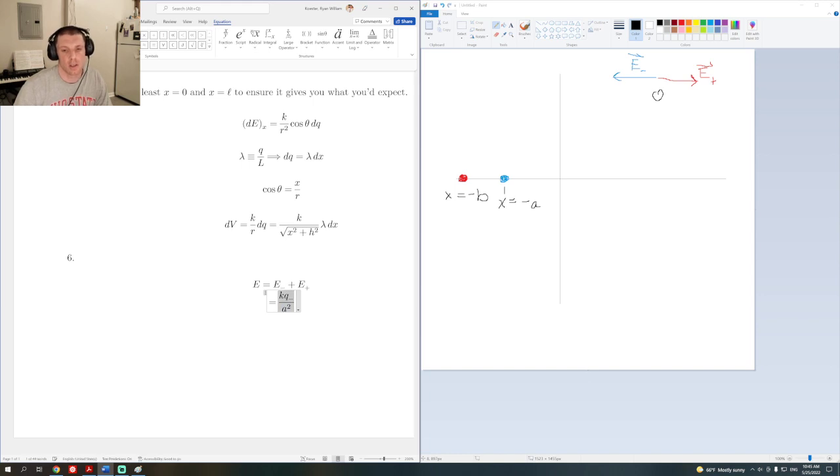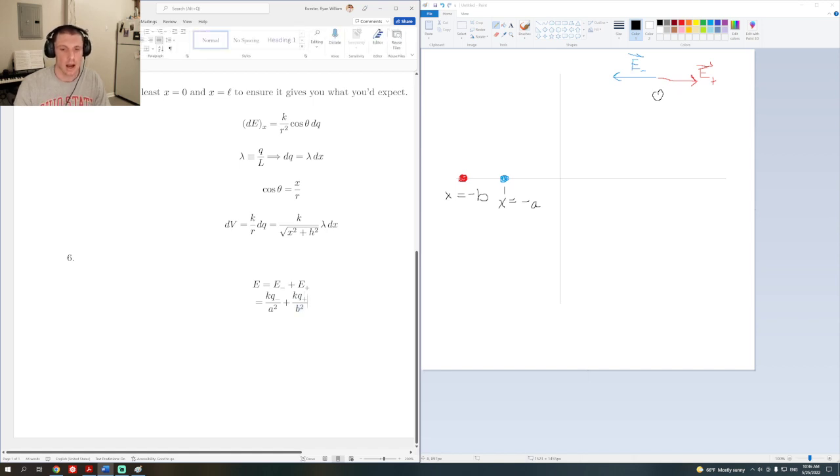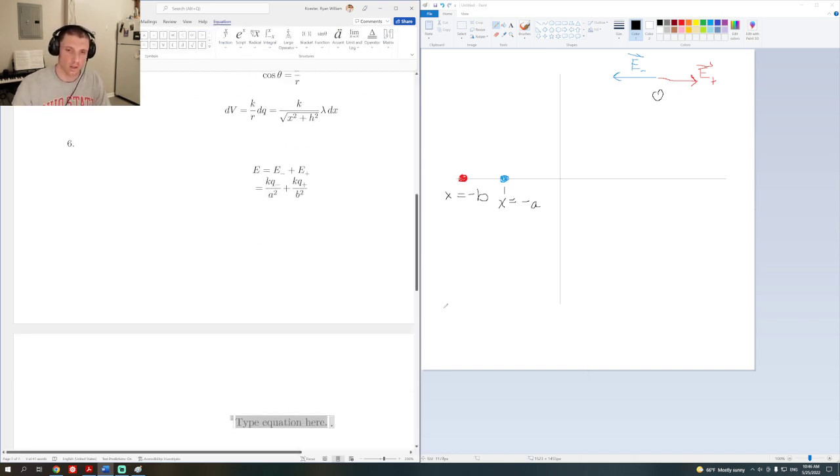Now this points to the left because there is a minus sign included with Q minus, right? So this is fine. And then for the other one, this would be KQ plus over B squared, right? And remember, just from the problem statement, we want this to be equal to 0. So I'll show you another way you could do this, just to hopefully get this absolute value confusion settled. I could write negative KQ minus over A squared plus K